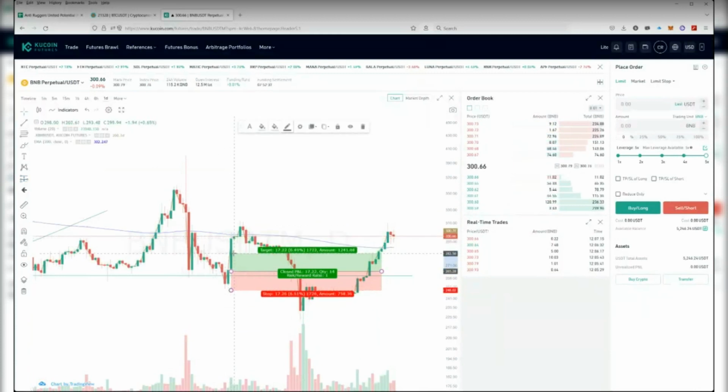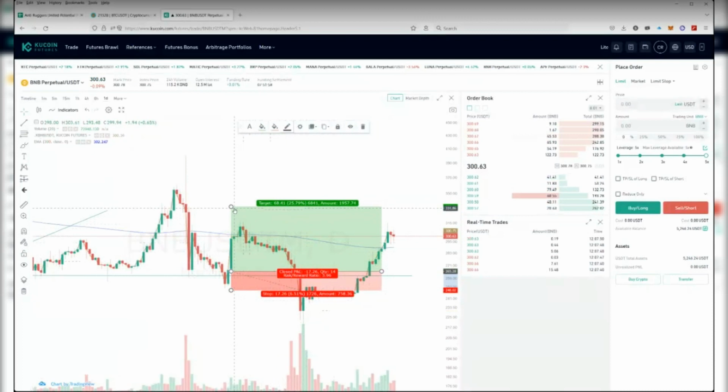Some people say if I did 1-to-1, I would have closed it right here, right? I would have got a risk reward ratio of 1-to-1, but then I would have only made 1-to-1. If I did 2-to-1, I would have closed it here. If I did 3-to-1, it still would have been profitable because you would have closed right at the top. But if you did 4-to-1, you would have missed that trade. Then boom, it would have hit your stop loss. You would have turned a winner into a loser because you're waiting too long.